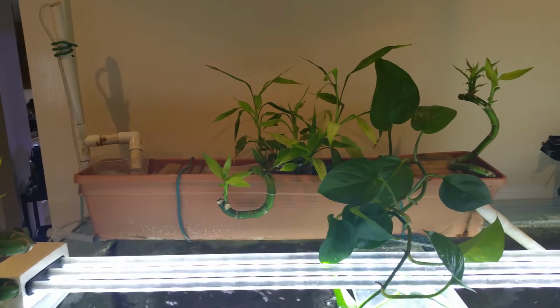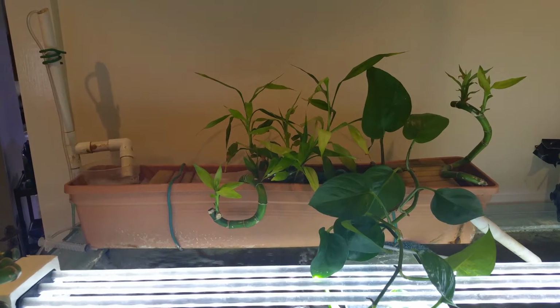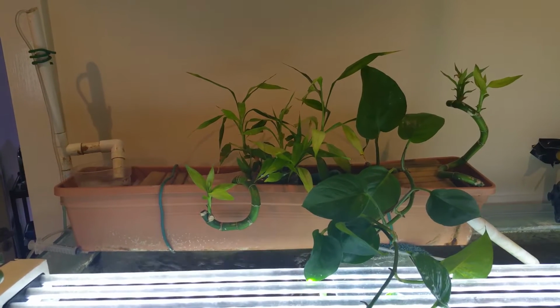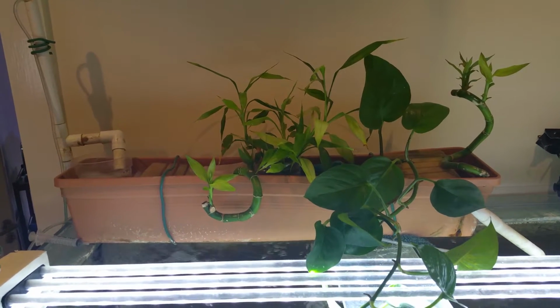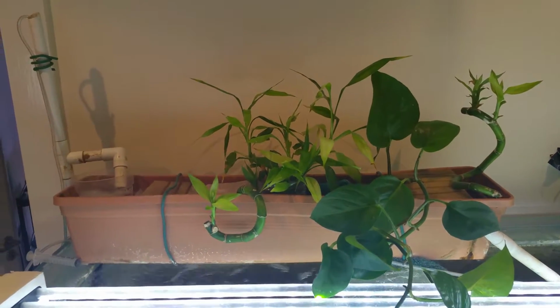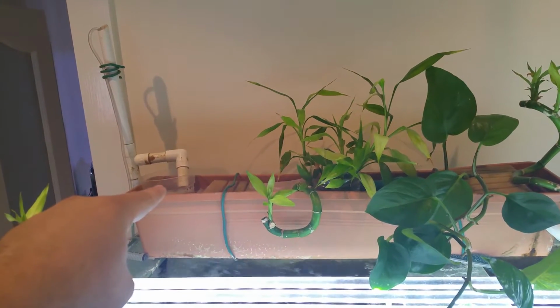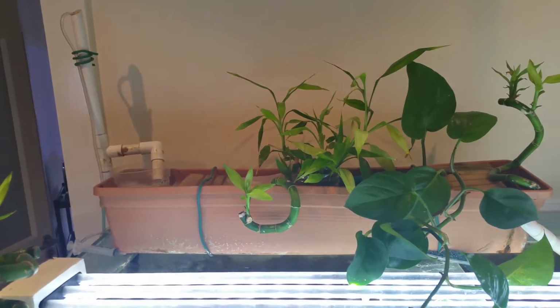But if one thing is sure, it is an amazing filtration system, and ideal for the lazy guy because all the gunk is basically recovered over there. So I'm going to go through the system